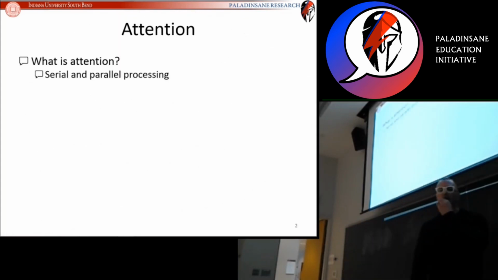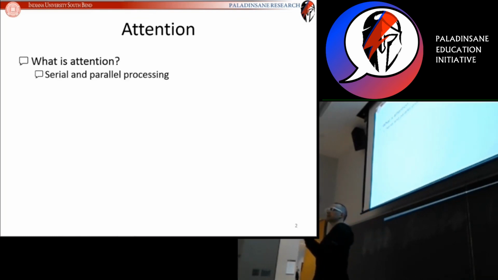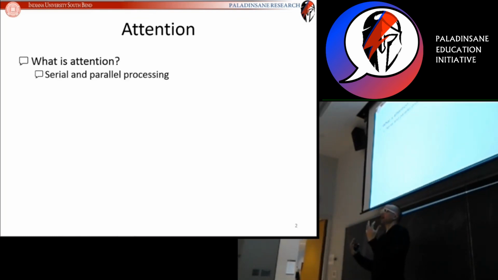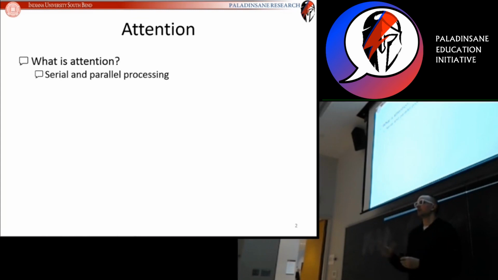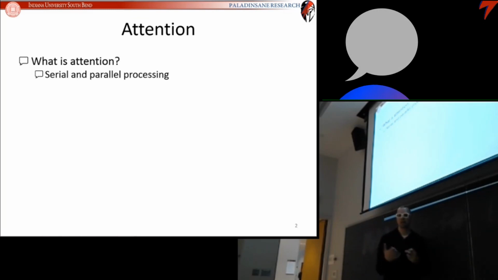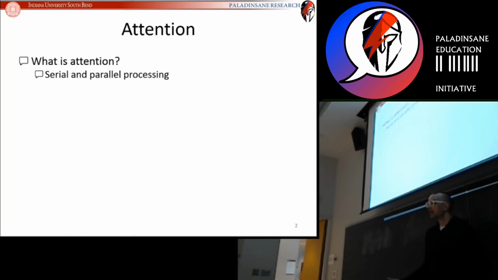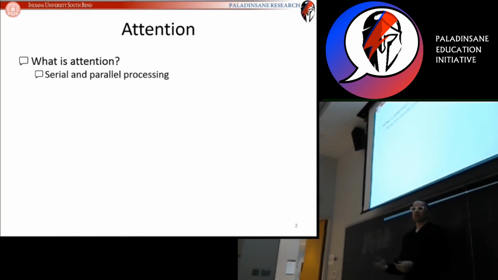So we're going to start off with just what is attention. So much like we had to define what is a mind, what is thinking, when we looked at the physical symbol system hypothesis, for most things in cognitive psychology, we need to have a definition of what that process or phenomenon actually is. So everybody knows what attention is. Everybody's been told to pay attention before, and you knew exactly what was being asked of you. But when you try to define it, you really have to make sure that you have it down in concrete